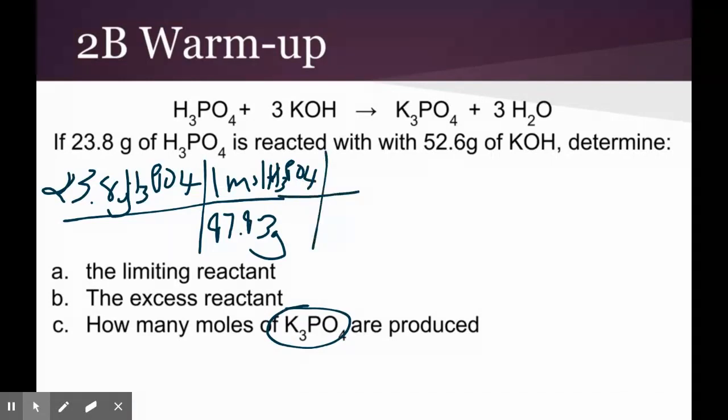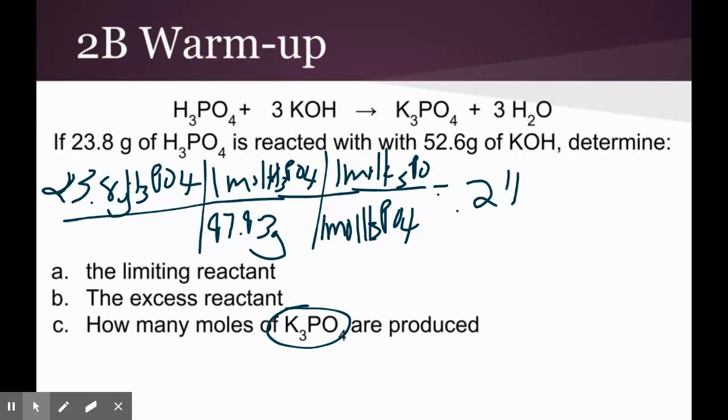And then we'll use the mole ratio from the equation to go to moles of K3PO4. So we have 1 mole of H3PO4 to 1 mole of K3PO4. So when you calculate that, you get 0.243 moles of